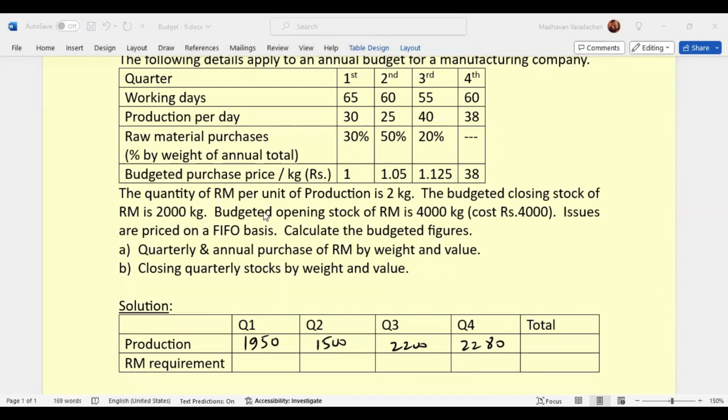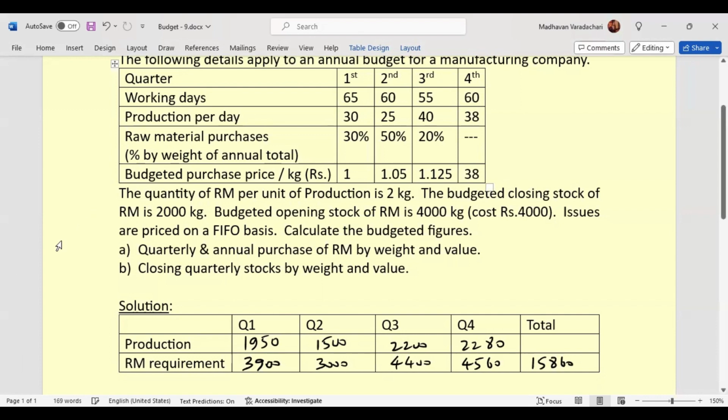Here it is said that quantity of raw material per unit of production is 2 kg, which means for 1950 units, it will become 3900. Here it will be 1500 into 2, that will become 3000. Here it will be 4400, double. Here it will be 4560. So if we add the total raw material requirement, that is 3900 plus 3000 plus 4400 plus 4500, we will get